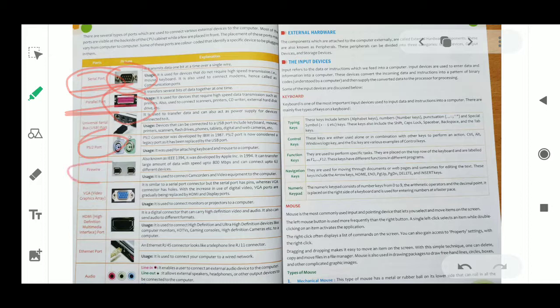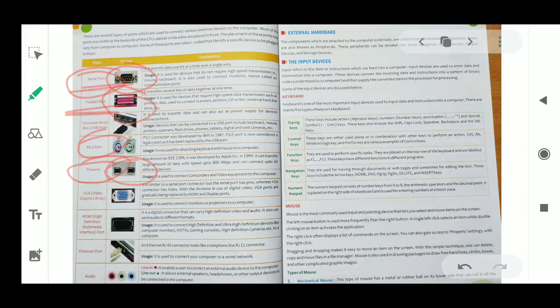So this FireWire has a very big job. What is the big job? Means it is very essential, and very useful too, because it can transfer a very high amount of data with a speed like you can say 800 Mbps. So very fast it is. And also how many devices can we connect? Different devices, 63 different devices we can connect. So this port has multiple functions, and as well as it has very good speed.